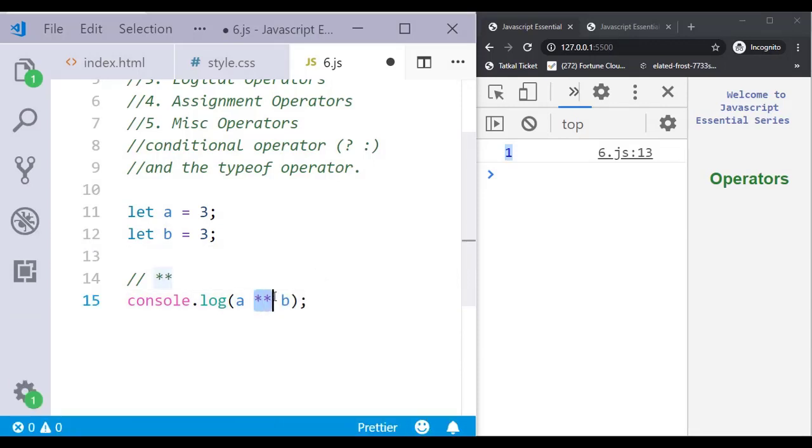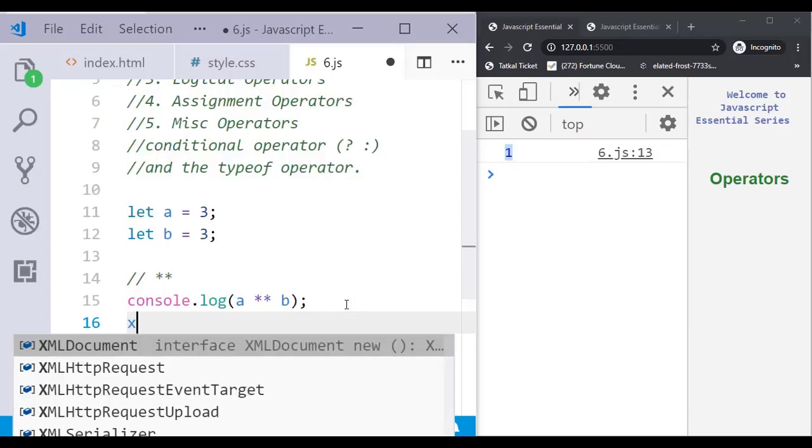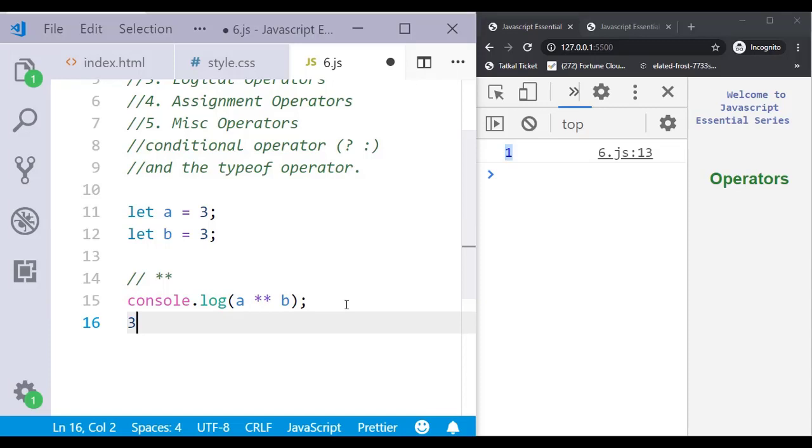This works as power of. So 3 to the power 3 means 3 into 3 into 3. 3 3 is 9, 9 3 is 27.